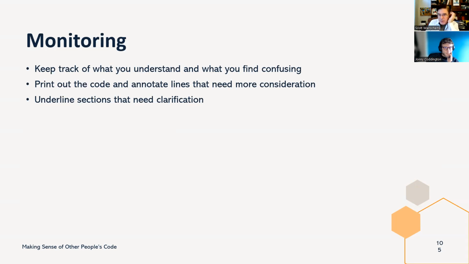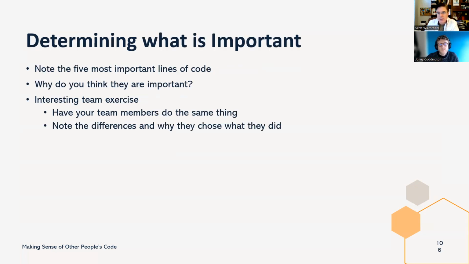Why do they use that variable name? Why did we do it differently here than we do it over there? And frankly, this can also be useful if you have access to the original author, you go ask him a question. You can clearly show him the parts that are confusing. Or you can share it with another person so that you can both try and dig through the code